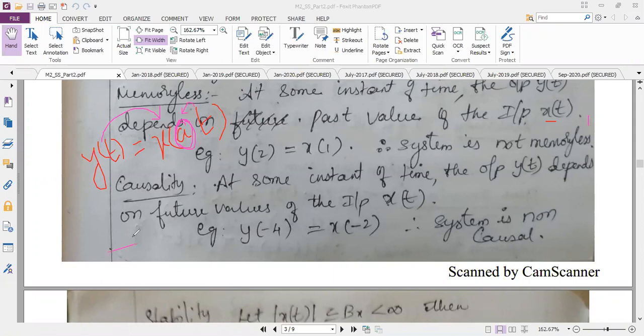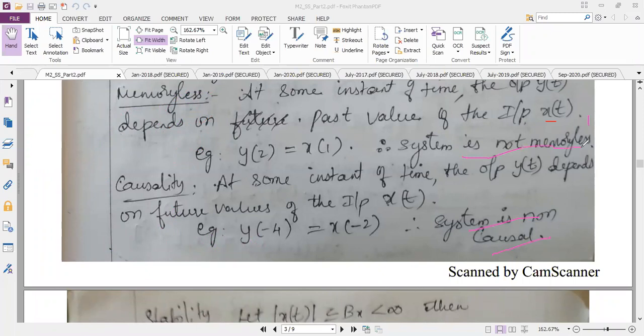Then closing your eyes, you can judge that the given system is not memoryless. Please write this hint in your notebook. Later we will analyze the current problem. This is applicable for any problem. At what condition? If your output is equal to the input having the scaling factor multiplied with the time t, then closing your eyes, you can write the answer as the given system is not memoryless. Also you can write the given system is non-causal. So these two hints you should not forget.